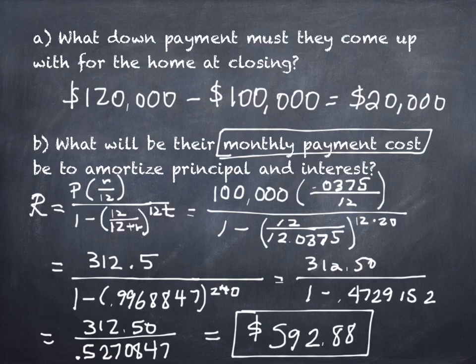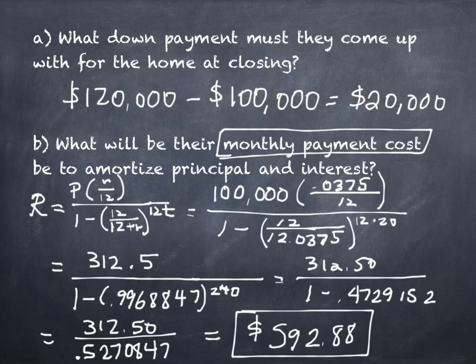So about $600, yeah? They borrowed $100,000 for the next 20 years. They're going to be paying about $600 a month to live there. Sounds like a pretty good deal. Maybe this would be reasonable, perhaps. You have to be careful, though, because $600 is probably a good deal, but not if you make $800. Sounds like a great payment, but not if you're living in a bad neighborhood. There are things that make this not necessarily a good deal, but on the surface, this looks pretty reasonable. All with me so far?